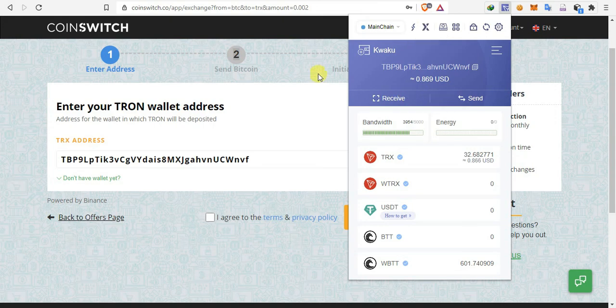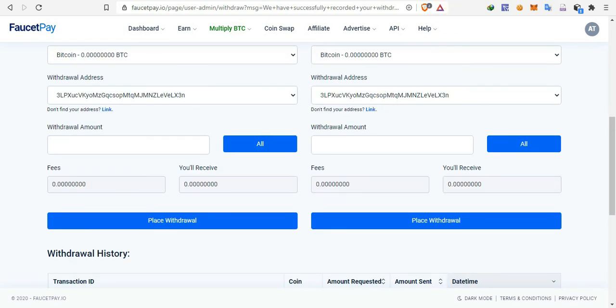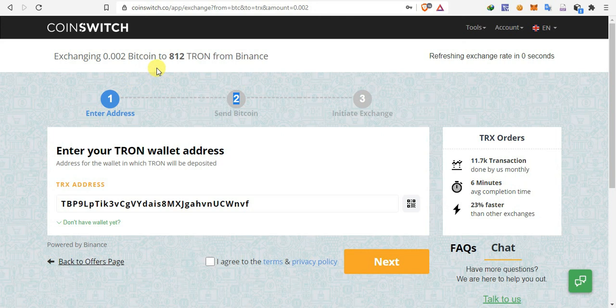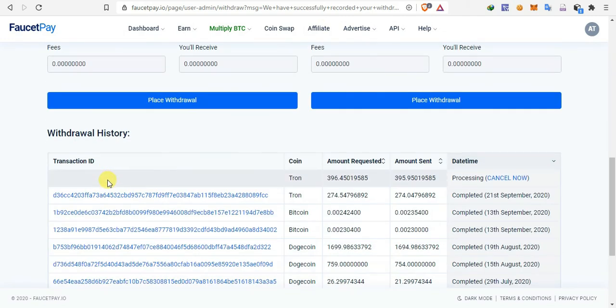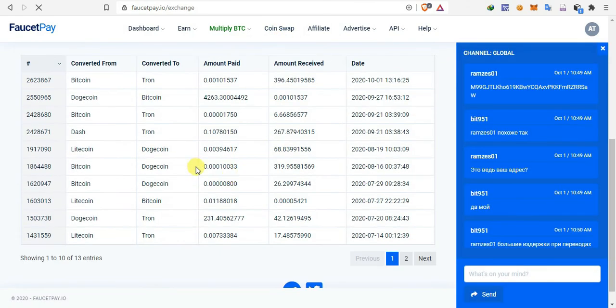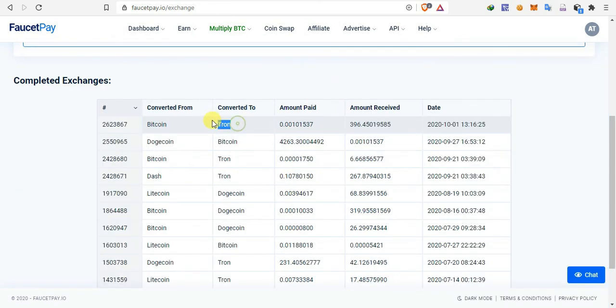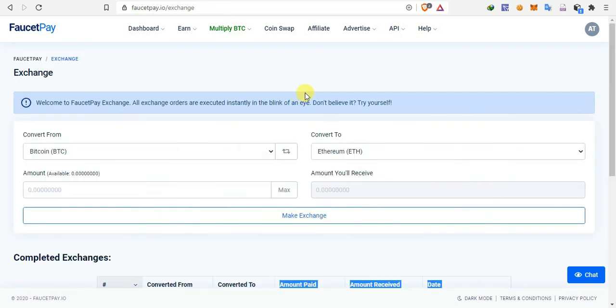If you're using this process, there is no need for on-site pay. But for instance, if your money doesn't reach this amount that you're requesting, 0.002, and maybe your money was like my one, which was 0.001, which I did the exchange for, right? So if your Bitcoin was 0.001 like my one, then that one you can use fund side, or maybe if your money is lower than that, you can come to fund